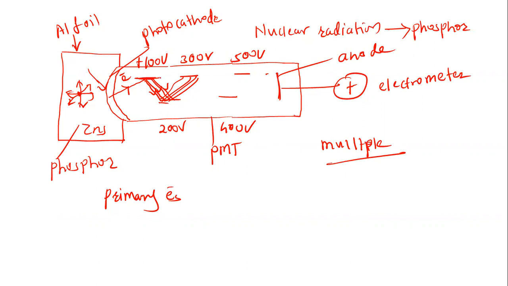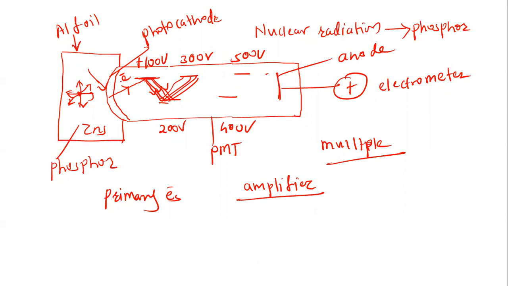And what is the function of the photomultiplier tube? The function of the photomultiplier tube is that it is an amplifier, to amplify. Amplifier means the current which is produced here can be enlarged. So it is working as an amplifier here,